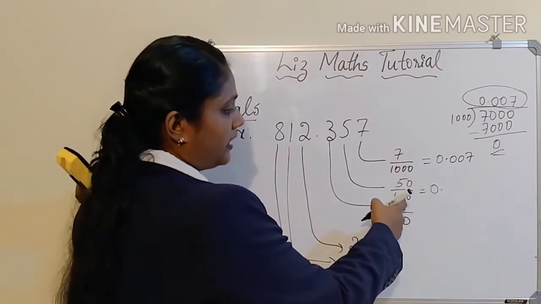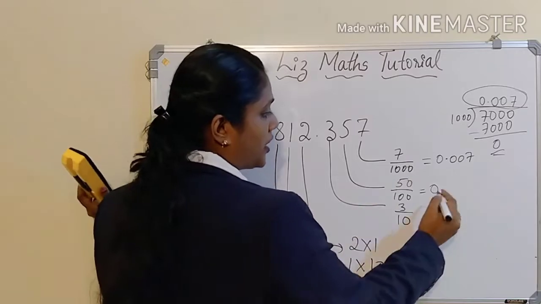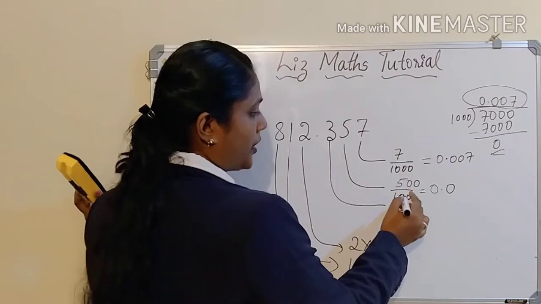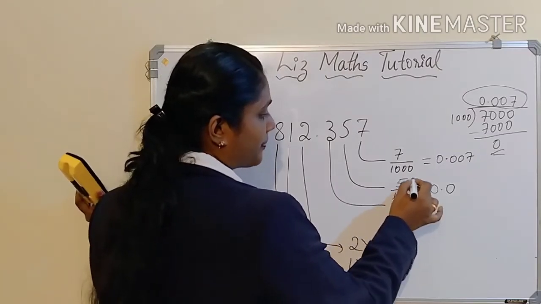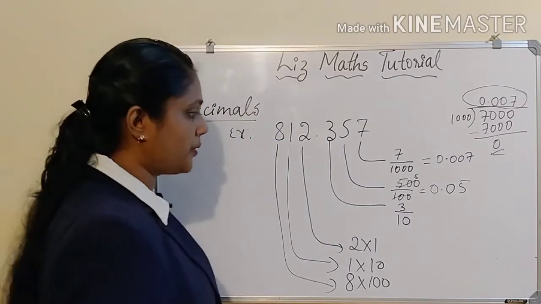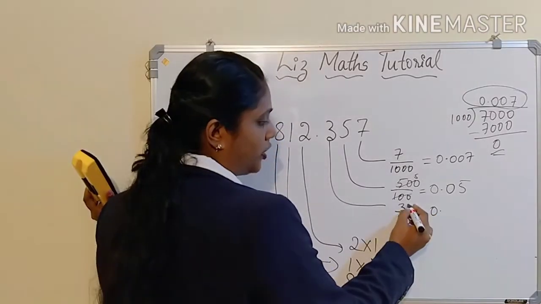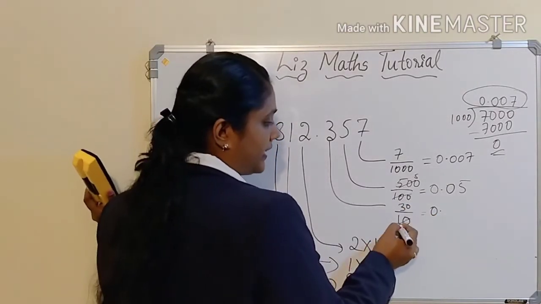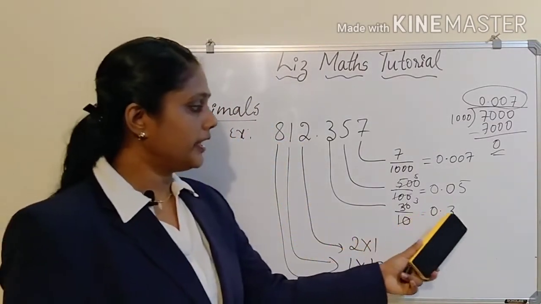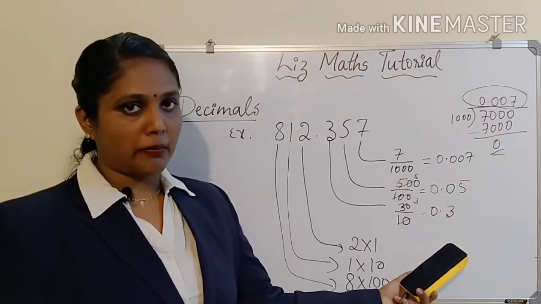So will 50 divide by 100? No, it is not possible because this is a small number. So again you have to put 0 here and again 0 here. So now you can divide. See, 100 fives are 500. So the answer is 5. Hope you understood. Now here also, initially it will not go. So 0 point, then you get 0 here. So 10, 3s are 13. So it will divide. So 0.3 here. This way you are dividing and finding the decimal points.